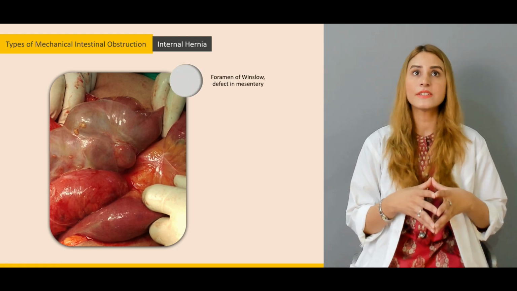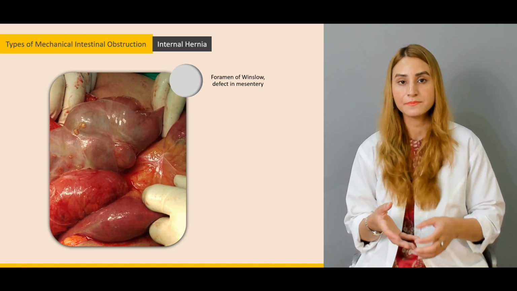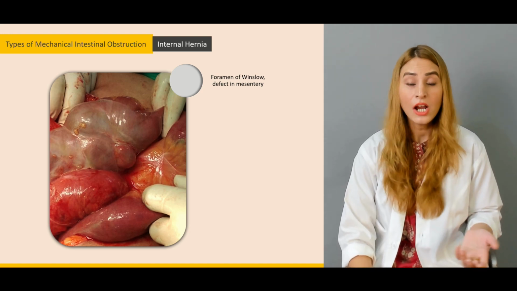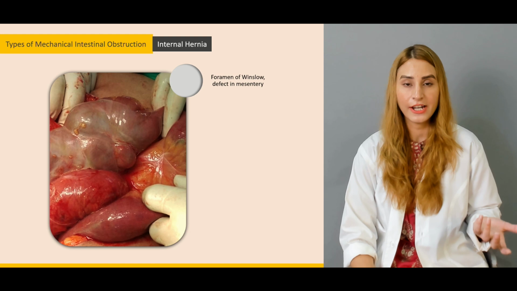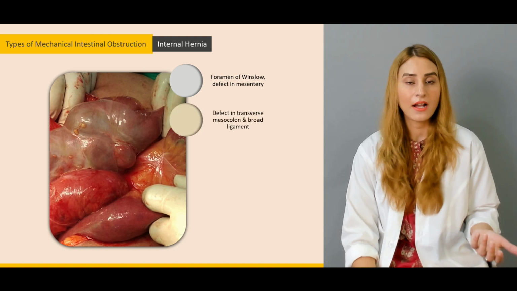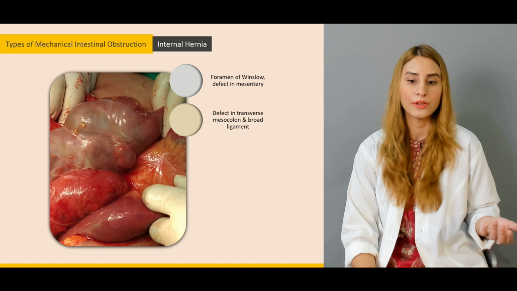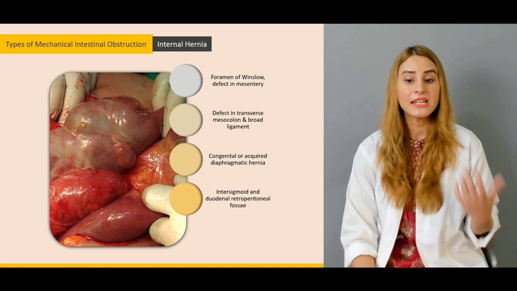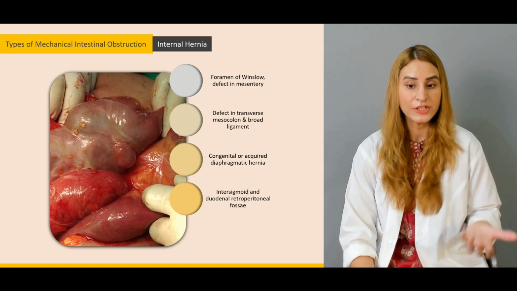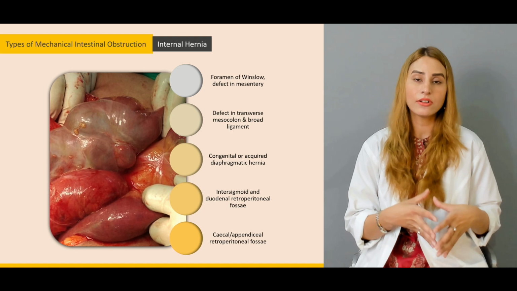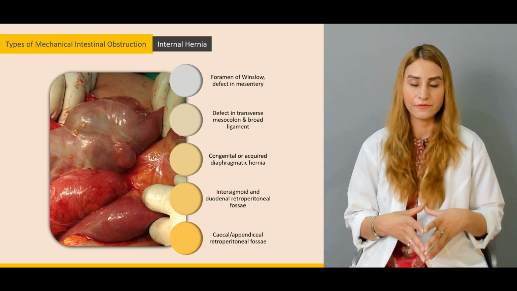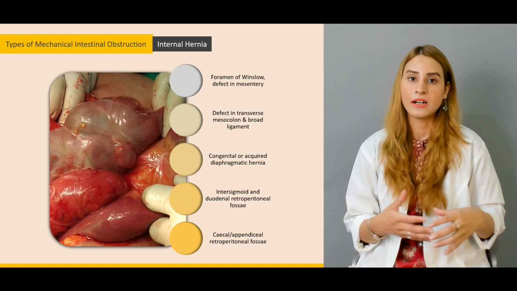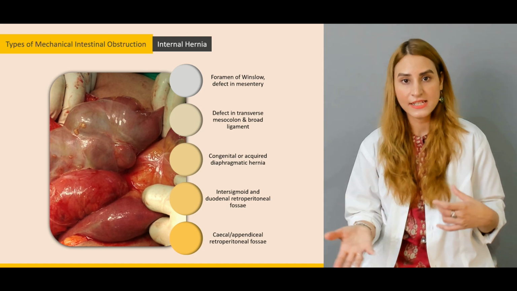Okay, but most of the time, these internal hernias may be coming from the foramen of Winslow, or the cause can be a defect in the mesentery. It can be because of a defect in the transverse mesocolon or the broad ligament. They can be congenital or acquired diaphragmatic hernias. They can be intersigmoid and duodenal retroperitoneal fossa, or they can be cecal or appendiceal retroperitoneal fossa, right? So most of the time, these internal hernias are coming from the foramen of Winslow or a defect in the mesentery,